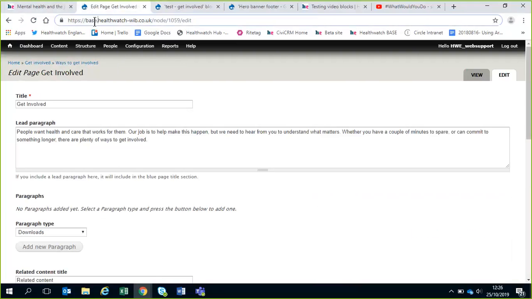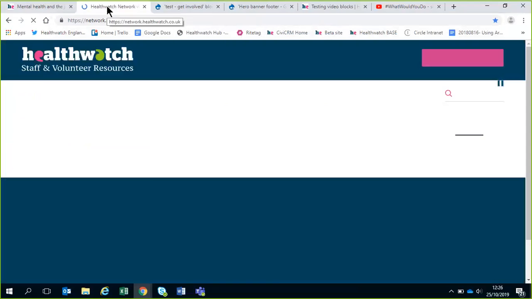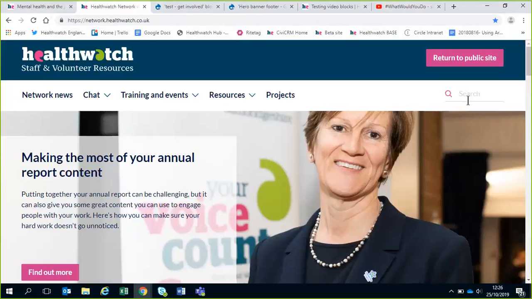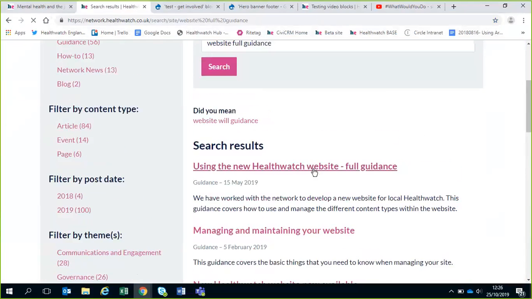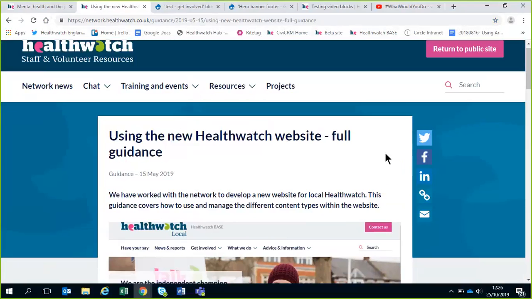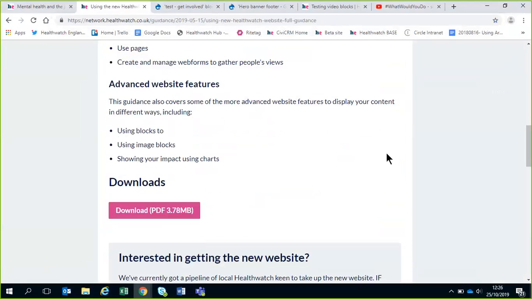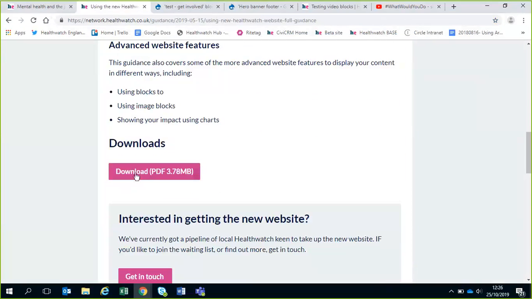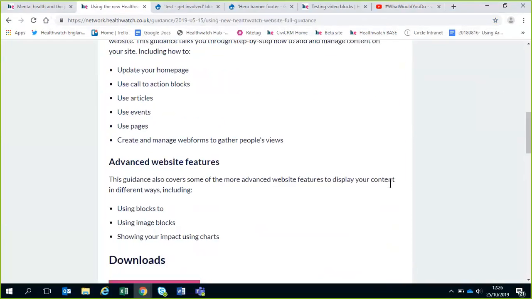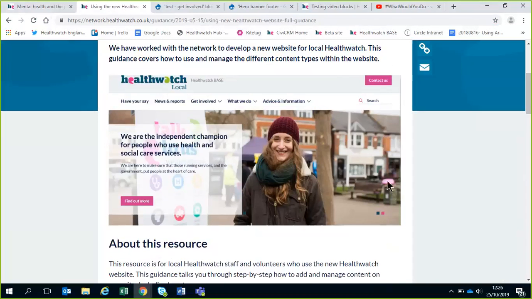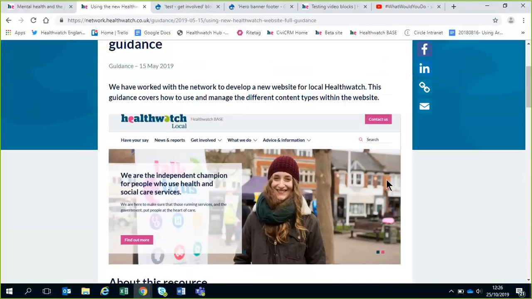If you were to visit the network site, and put into search "website full guidance", this has literally everything you need to know with your website. You just need to download that, and you will have all of the information that we spoke about today and more, for the more nitty-gritty things that you need to get to grips with. But for today,